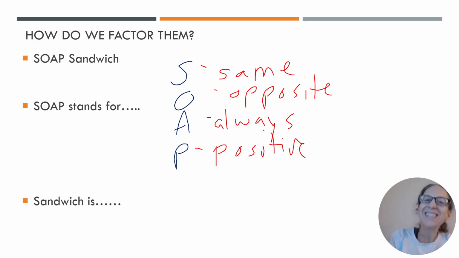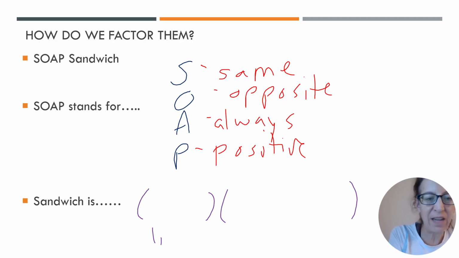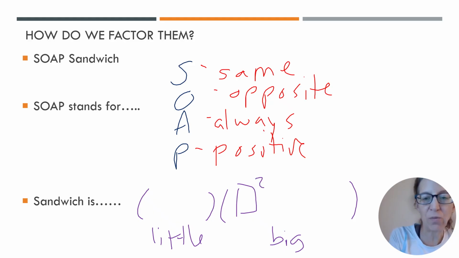And then the sandwich is, how do we go with the sandwich? So when you factor, you're going to have a little parenthesis and a big parenthesis, and this one is going to be the sandwich. And you're going to have something squared and something squared. So those are like the slices of bread. So we're going to square it, and then you're going to have your filling in the middle, like a